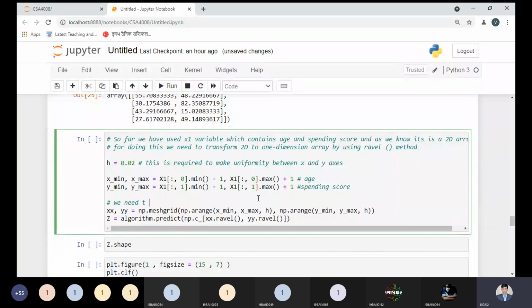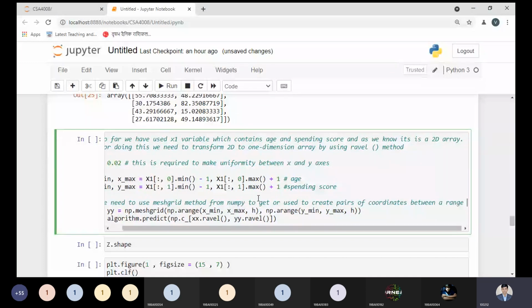We need to use the meshgrid method from NumPy to create pairs of coordinates between a range.